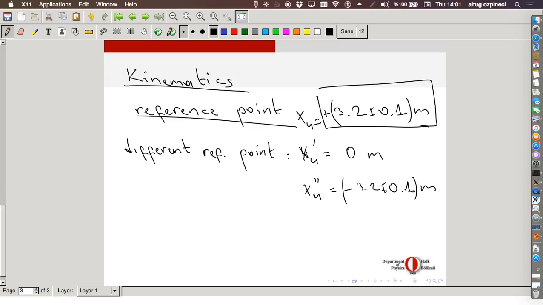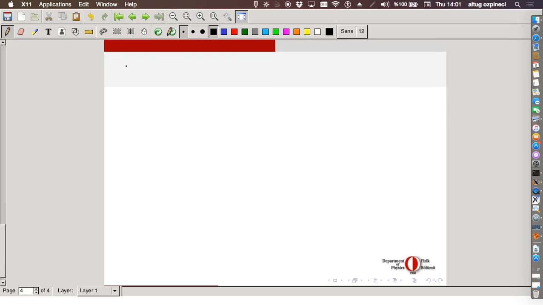So these numbers do not really mean anything without this. You have to specify the reference point, you have to specify your positive and negative directions. With all this information, your reference point, the positive and negative direction, and this number, they will determine a position in nature, in real life. This is one description of the position of Umut, this is another, another valid description of Umut, and this is another, again valid description of Umut. So they're all valid. Now let's look at displacement.